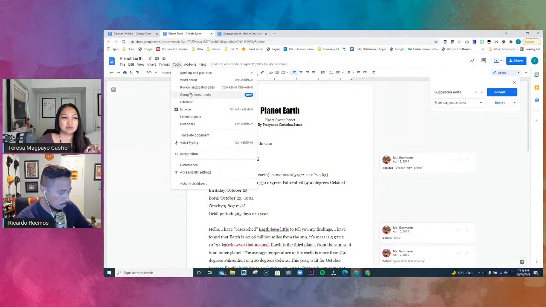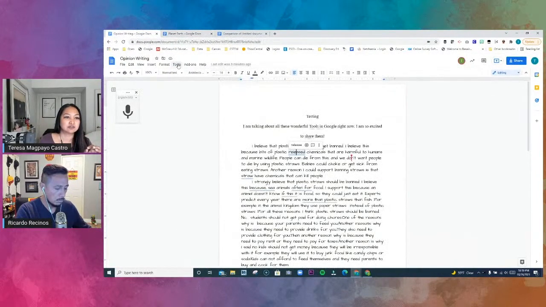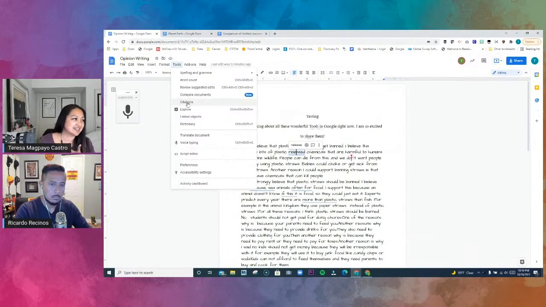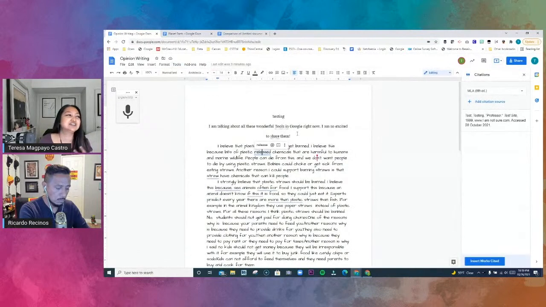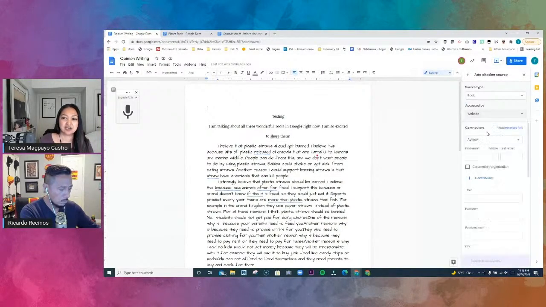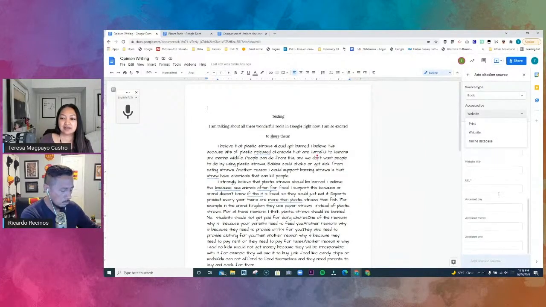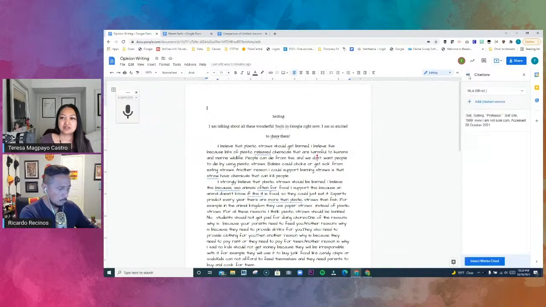Okay. Another great one that I haven't used is citations. I was doing some papers for a class I was taking, and I do not love citations. So you would come over here, choose what type of format you want, and add your citation source. You would create it yourself. I'm not going to go through all those steps right now. Let me go back, but I already made a pretend one right here.